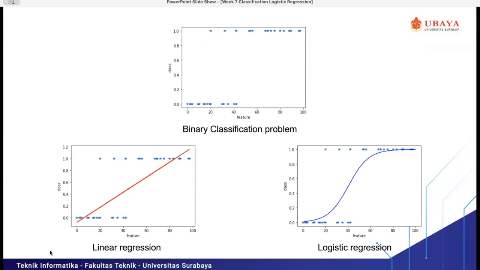If we use linear regression for solving the classification problem, the output line will be like this, which is not suitable. So we will use logistic regression, and the output will be like this. This is the line for the logistic regression output. We will discuss it in the following slides.